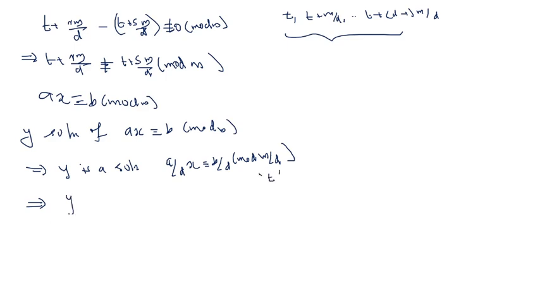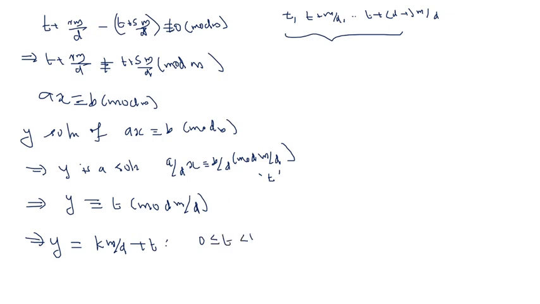Therefore we get y is congruent to t mod m by d, because t is the unique solution. If we get any other solution, then that solution must be congruent to t. Therefore y is congruent to t modulo m by d, or y can be written as k times m by d plus t, where 0 less than or equal to t strictly less than m by d,